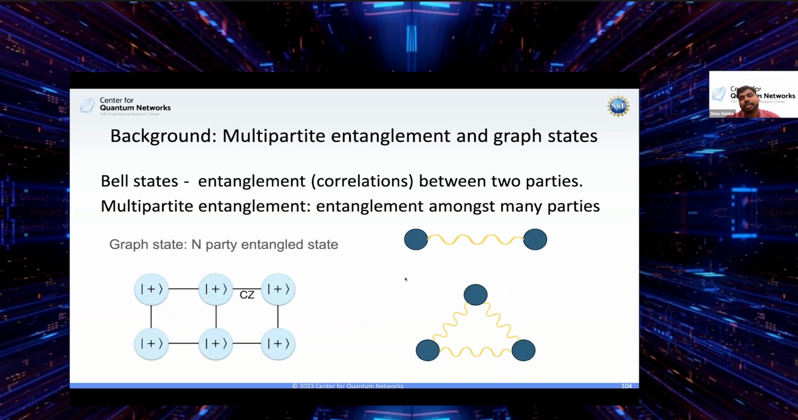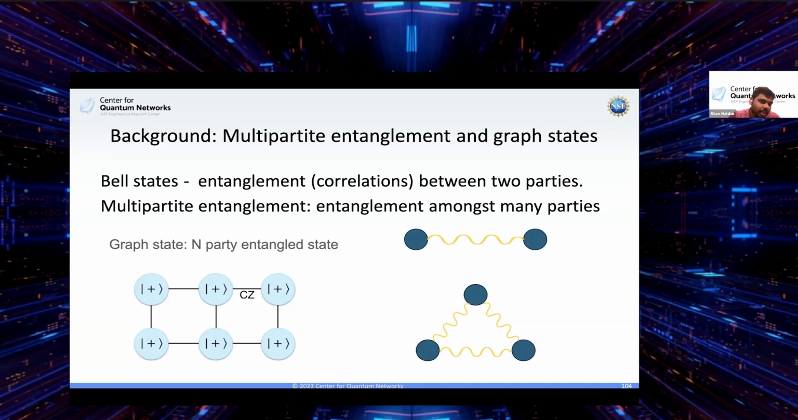So to address that challenge, let us first look at some background that is probably relevant here. Till now, we have looked at these Bell states, which are states which two parties share. These are maximally entangled states. And the idea of entanglement, of course, is that the measurement outcomes in particular bases for the two parties are